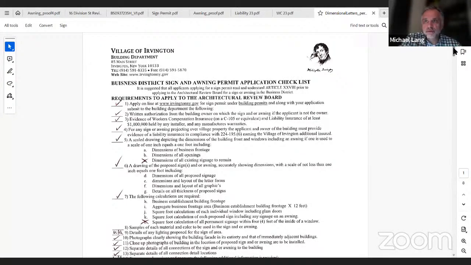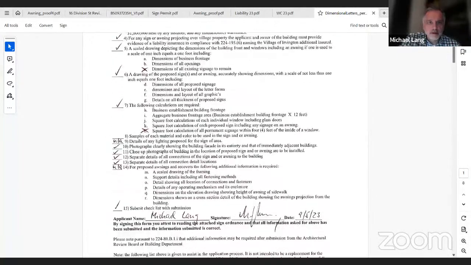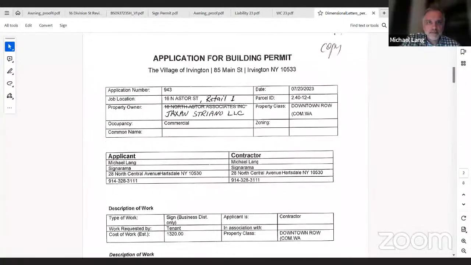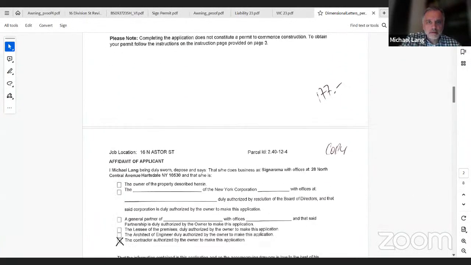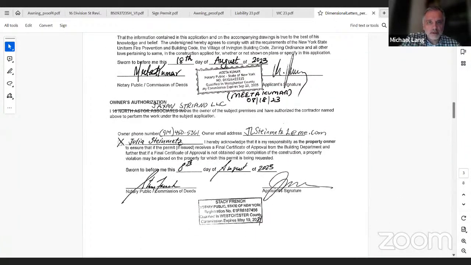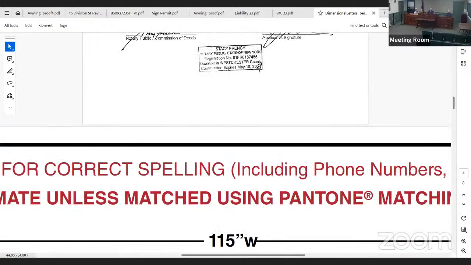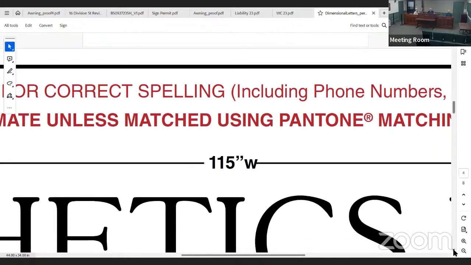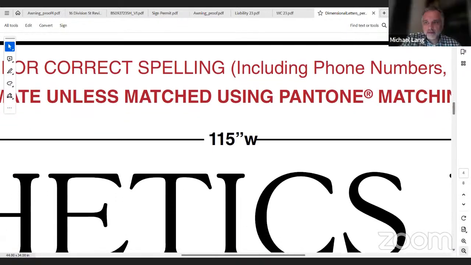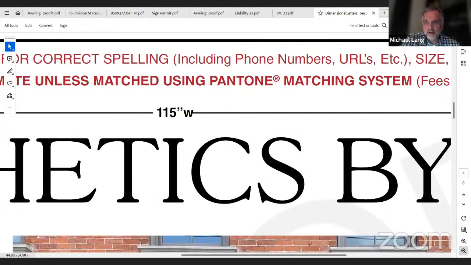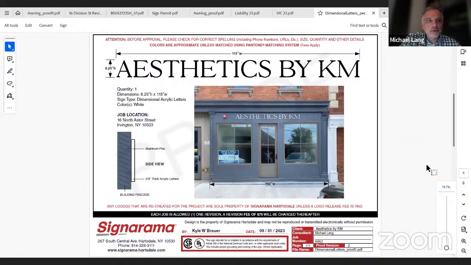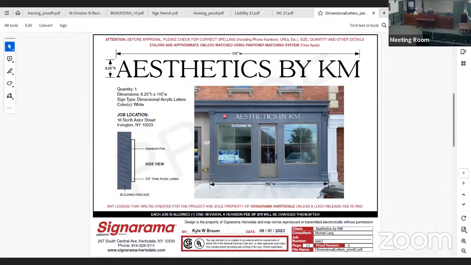Apologies. No problem. You have to zoom out. Can you see the full page now? Yes, we can. Excellent.